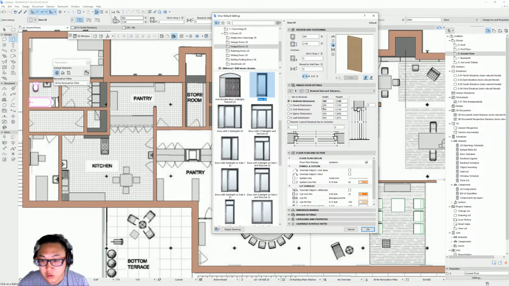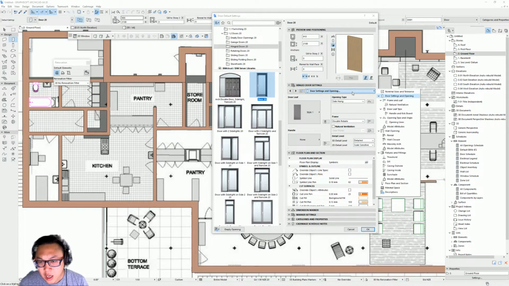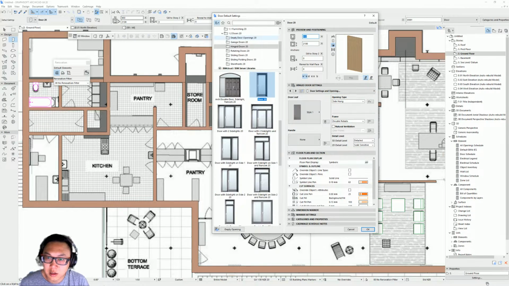If you go back to here, that's the wall dimension. But that's not the actual leaf size. It's going to be 850. I think you can tweak that to 860, and as you can see, the wall dimension is going to change depending on the settings of the door. There are a lot of settings that you can tweak if you want to be really realistic, but we're just going to leave it at, let's say, 900,